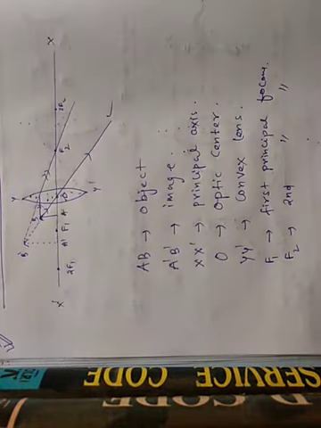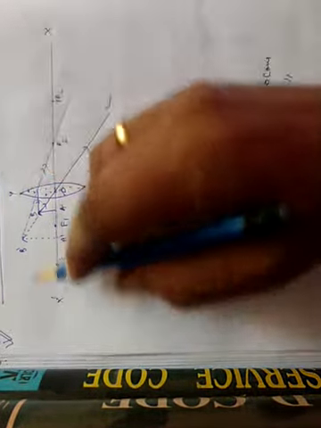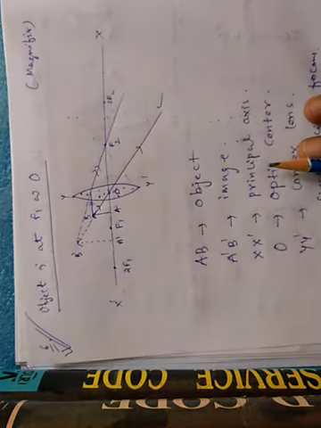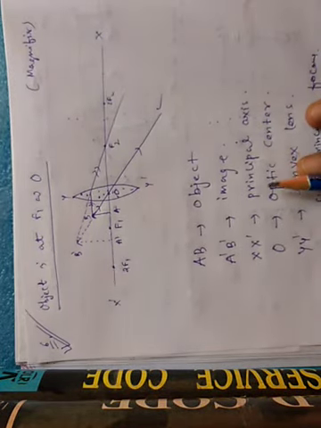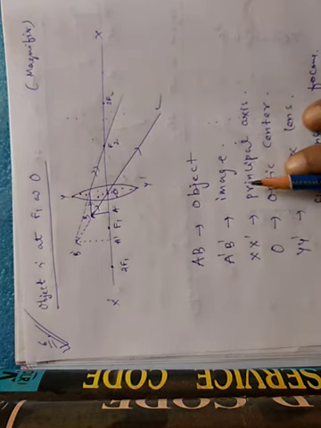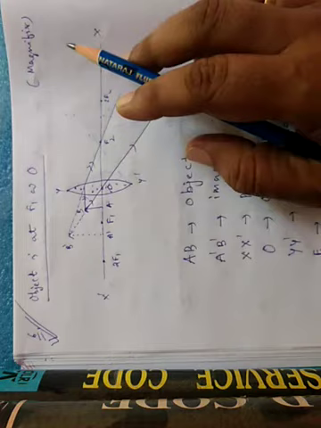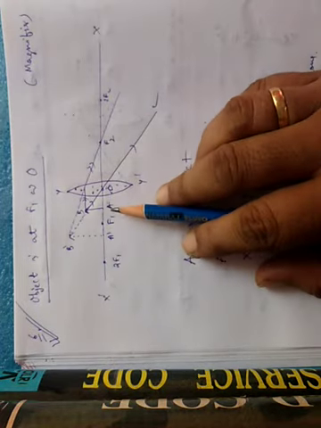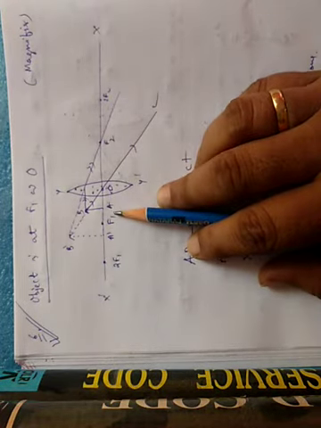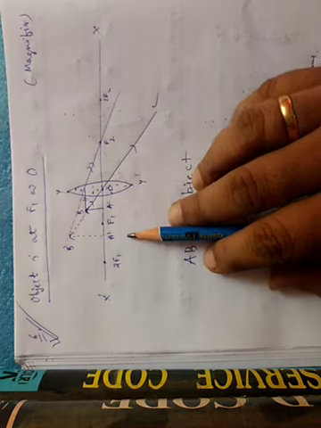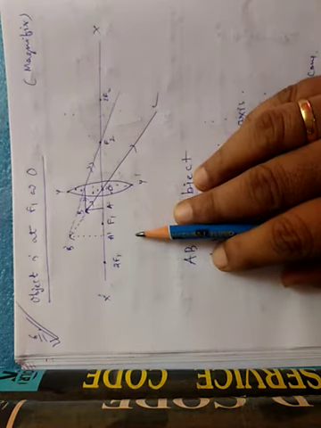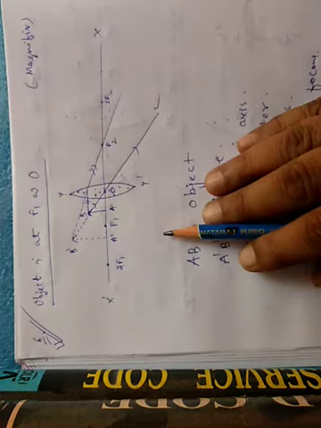This is the last case, where the object is between F1 and O. This one is very important because in all the other cases the image is real, but here the image is virtual. That means the image will not form on this side. So very much precaution should be taken in this. As it is a virtual image, in the diagram a dotted line must be there. Here the same principle applies. What same principle?